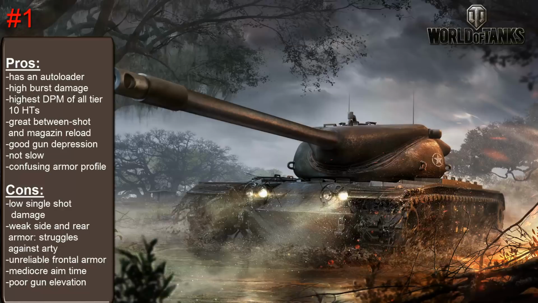That means it's able to unload its entire magazine within only 6 seconds, and that is just insanely strong. Also, it gets quite good accuracy and gun depression, and the magazine reload is only 20 seconds, so that makes for a very good DPM, actually the highest of all tier 10 heavy tanks. And that, in my opinion, is what makes this tank so overpowered, is that it has got really high burst